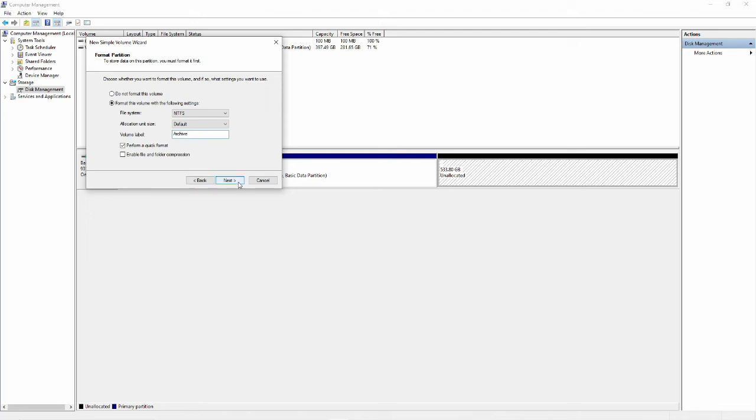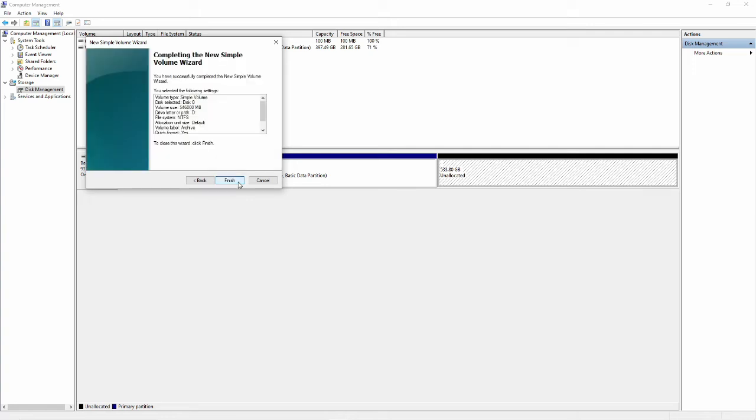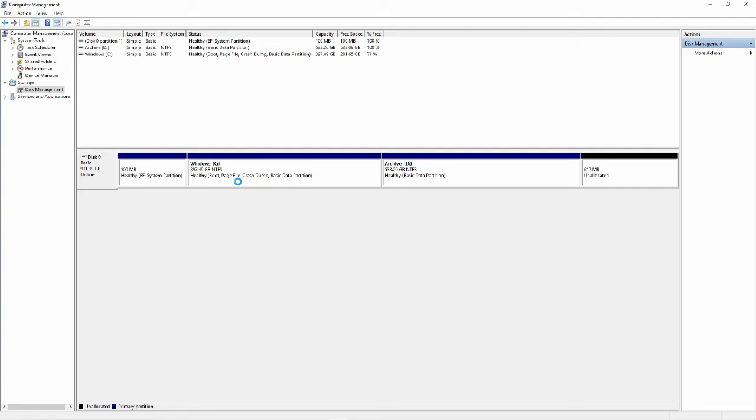Next, finish. Good. So now I have the C drive, my D drive, some data for the EFI partition, and some unallocated space at the end, which is very little, 612 megabytes, that I give to my SSD management.